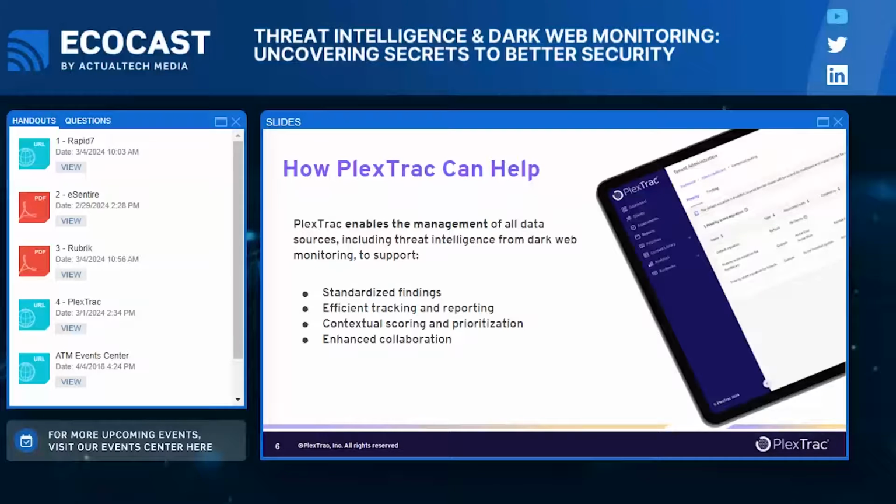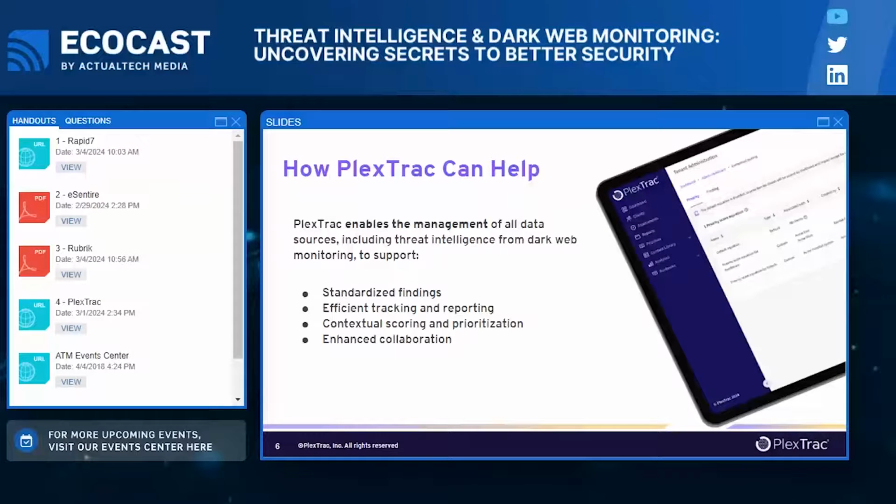The other one is contextual scoring. We want to unblack box the scoring methodologies that organizations do today. We want to give you the ability to create your own scoring within your own context. So if something means something really important to you against a priority, hence, hey, if I see a credential intelligence and they have a password with a URL, I want that score to go up because that means something really important to me. And now I can communicate that to the wider people in my organization.